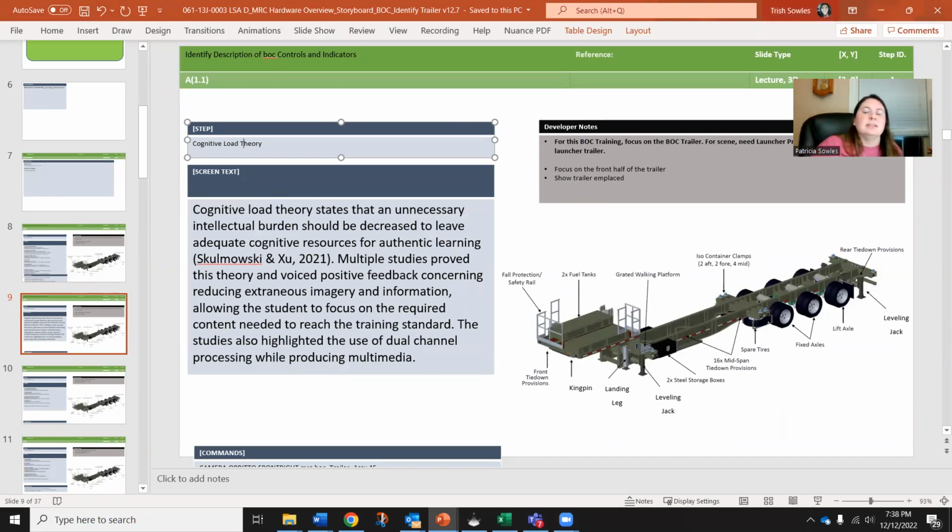Well, my first advice is, because we're going to be using dual channels, we're going to have our instructor speak, so it's going to hit two different ways. So we're not going to need all of this on the screen, because our instructor is actually going to say it. Because he's going to be there in person, we're not going to add